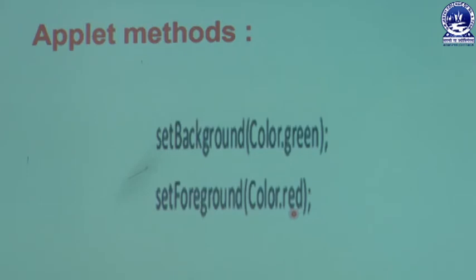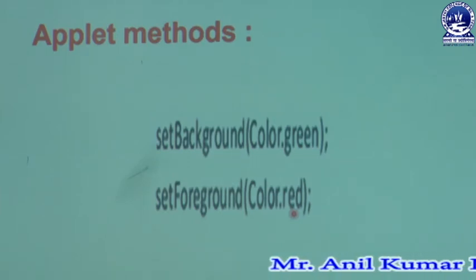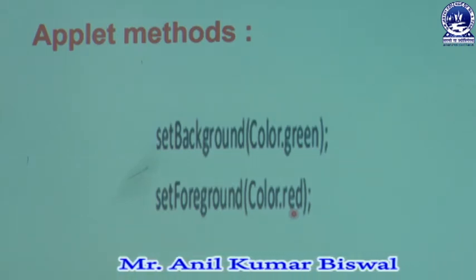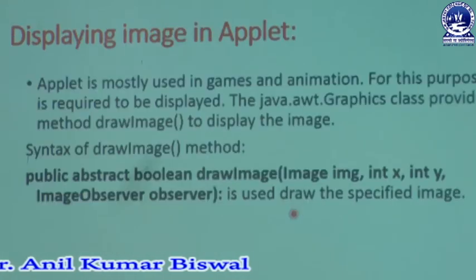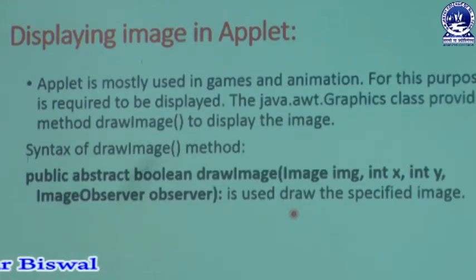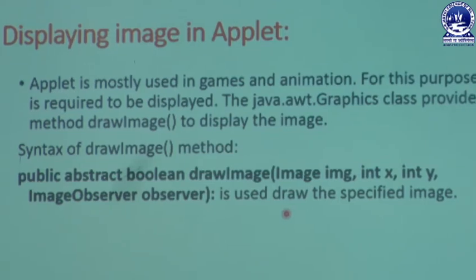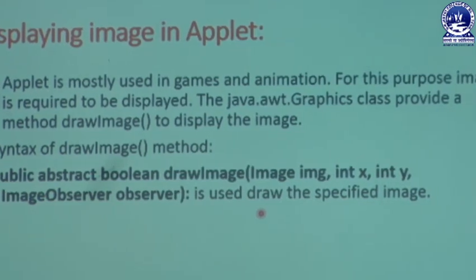That means in this way we can change the color of the text, which is very easily available in our system. And these two methods must be included in your paint method, otherwise we can write these two methods inside your init method. There is no problem at the time of declaration in our Java program. So in this way we can add these methods in your init method, otherwise in our paint method. There is no problem. Next we can learn the concept of displaying an image in an applet, but how is it possible?